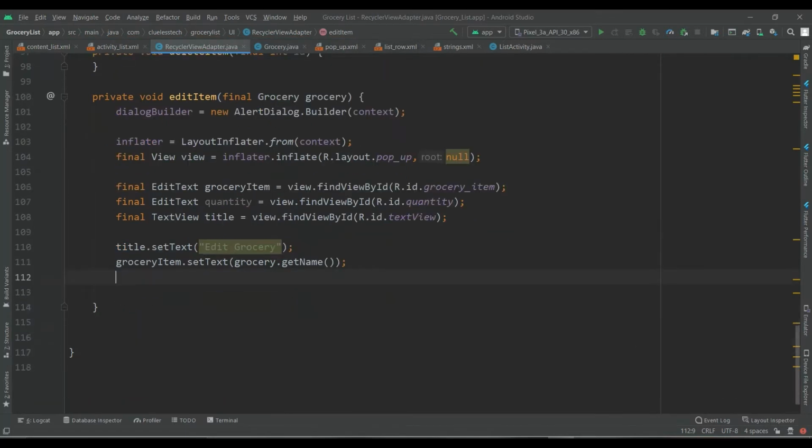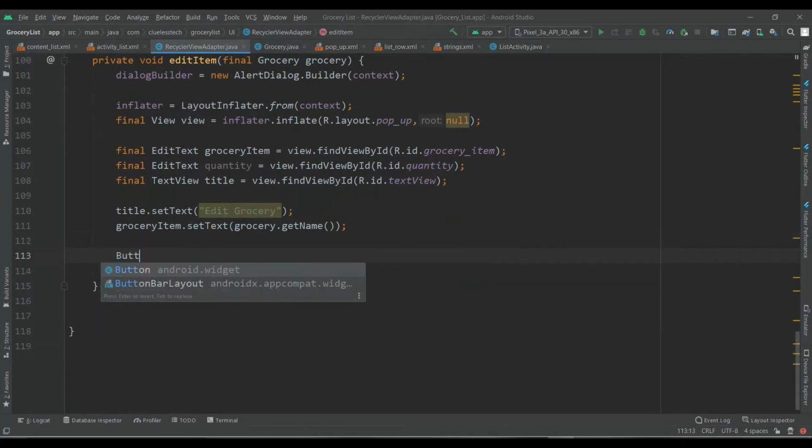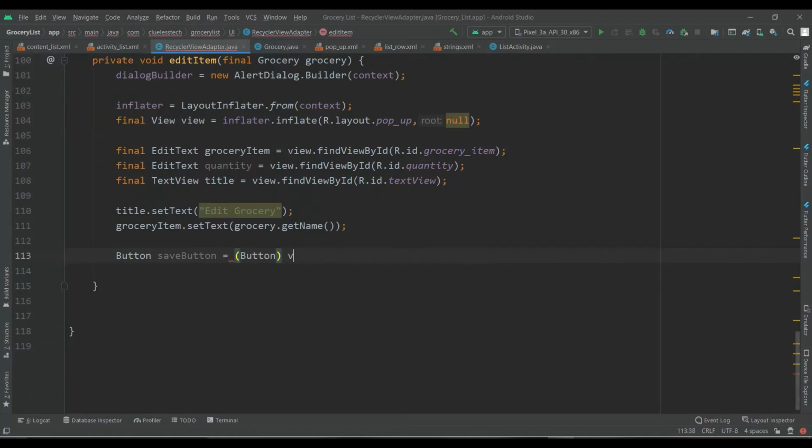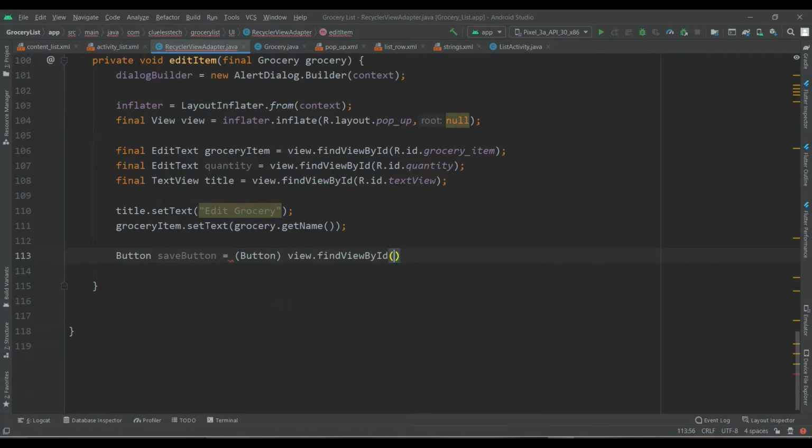Okay, now let's declare the button: saveButton is equal to, we need to cast the button, view.findViewById(R.id.saveButton).